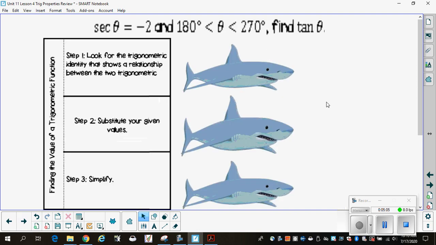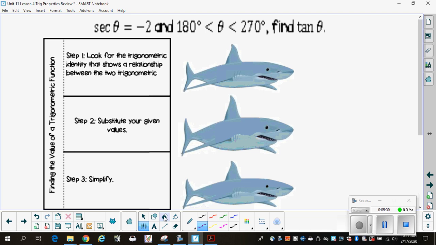Next up, finding the value of a trig function. How do I do that? Well, if I know that secant theta is equal to -2 and 180 degrees is less than theta is less than 270 degrees, I want to find tangent. Let's see here. Things that I know. Look for the trig identity that shows a relationship between the two